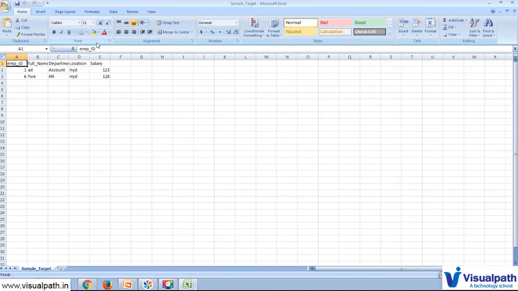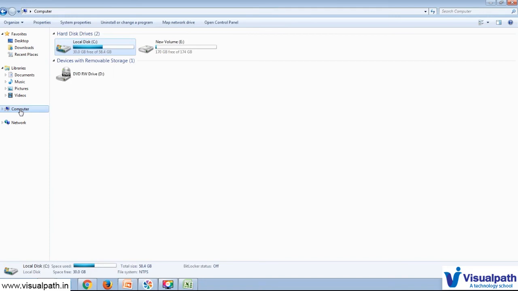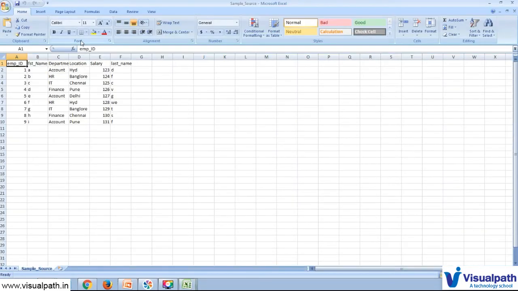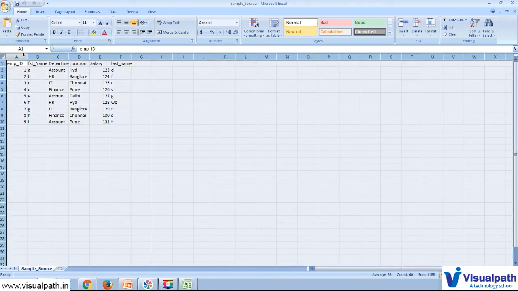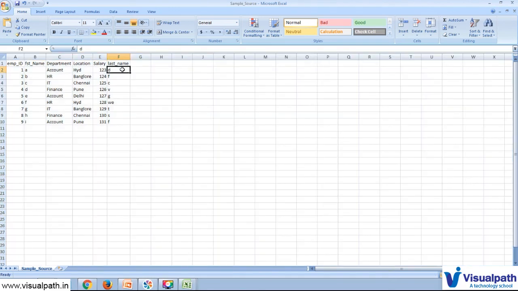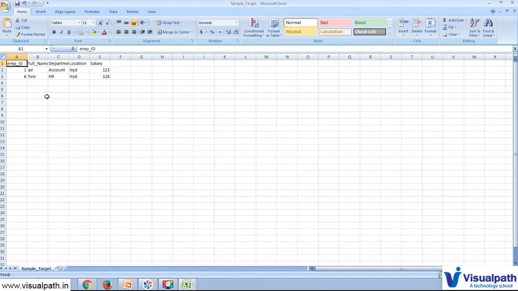See here, in the full name it has concatenated both. Let me open the source also. See, in the source we have the first name as A and last name as D, and it has concatenated both A and D and written into the target as full name A comma D, and the location is HYD.